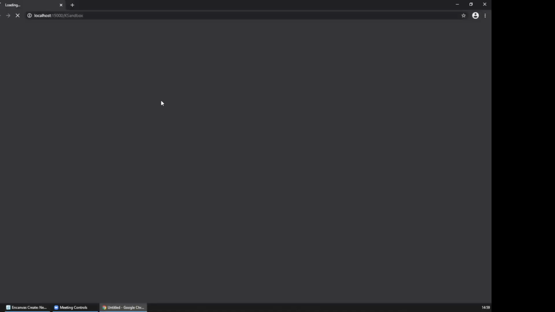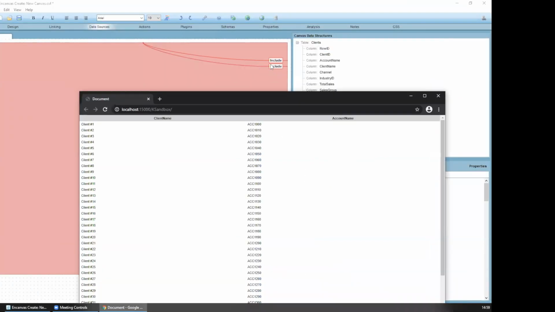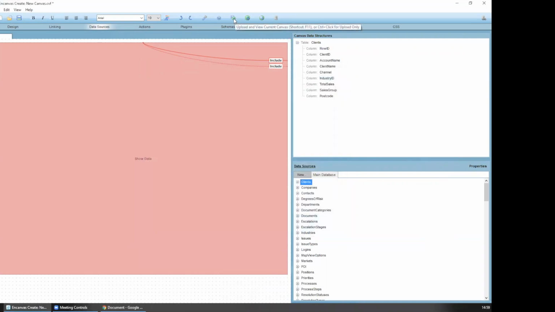Nothing unexpected. As I say, with the options, what we can do is, for instance, put the head alignment left, etc., etc., etc. So let's now